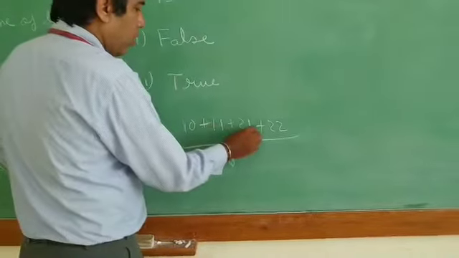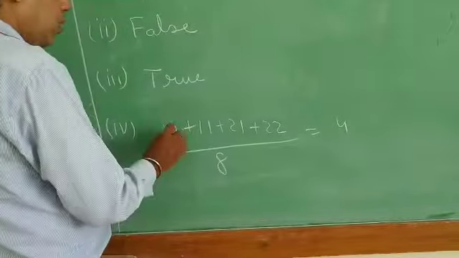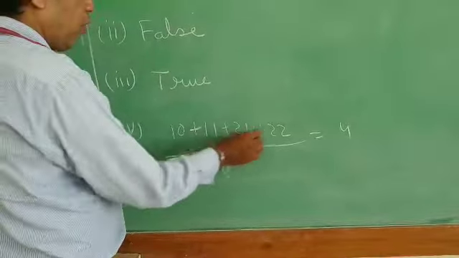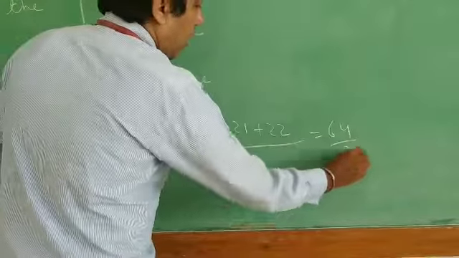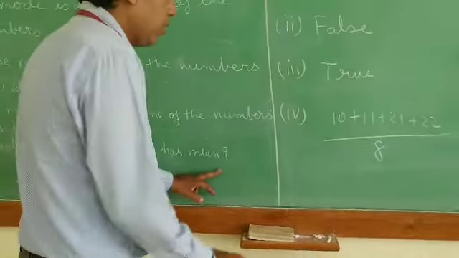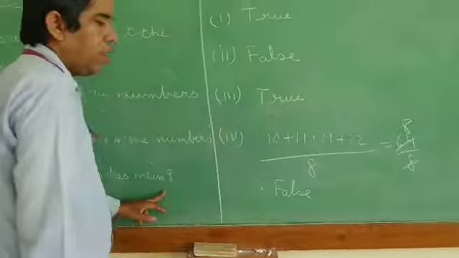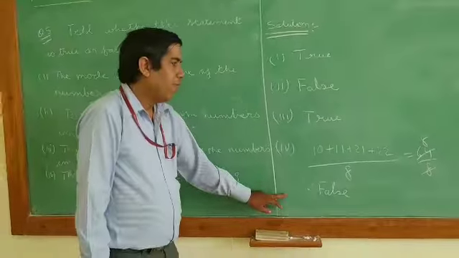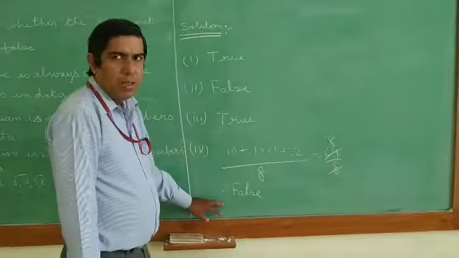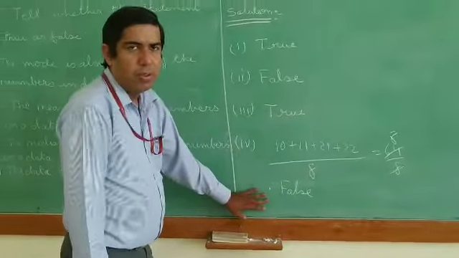1 plus 1, 2, 2 plus 2, 4. So it is coming 4 here. Then 1, 2, 4, 4. You can see 4 plus 2, 6. So the answer is coming how much? 8. But they gave the answer how much here? 9. Therefore the answer is false. Right here. We are getting how much mean here? 8. And they gave how much here? 9. The answer is false.